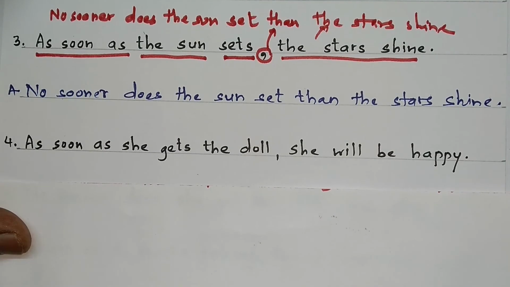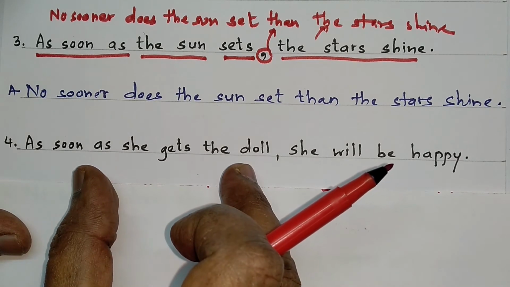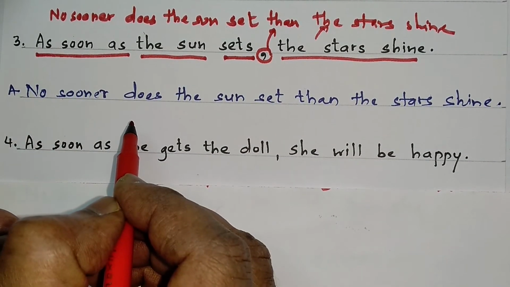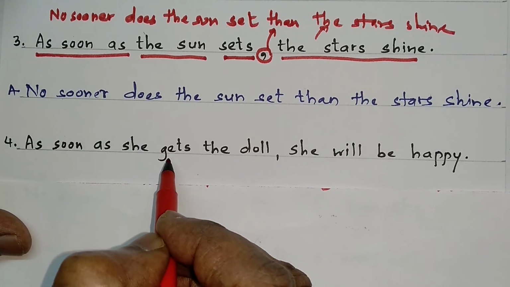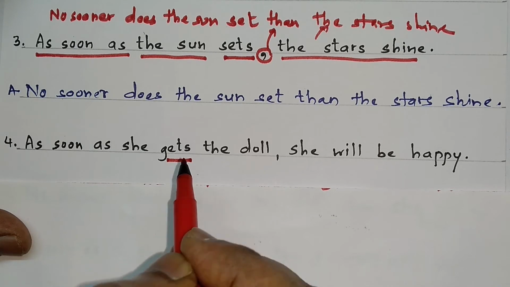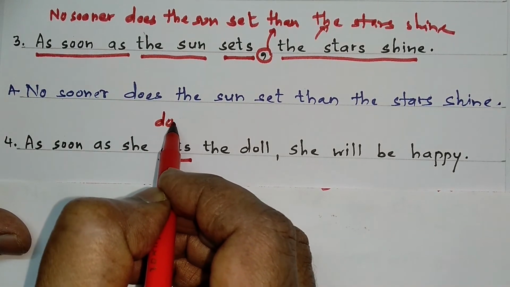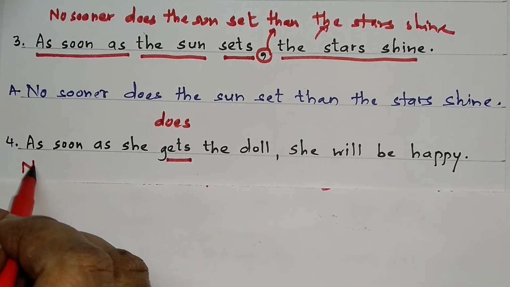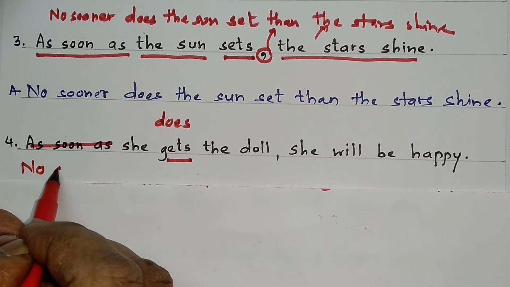As soon as she gets the doll, she will be happy. The helping verb is not present in the as soon as part. So we have to assume either do or does. The verb over here is gets and it is ending with S. So we will assume does. So our answer will be as soon as is replaced with no sooner,